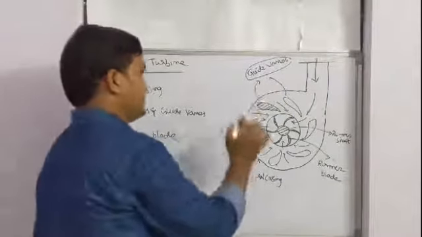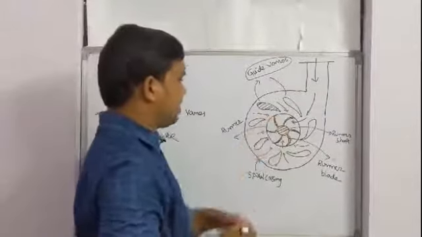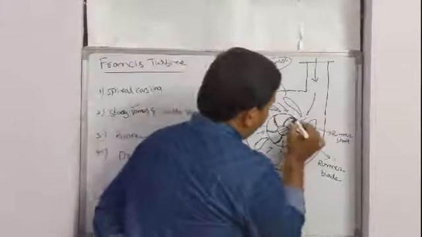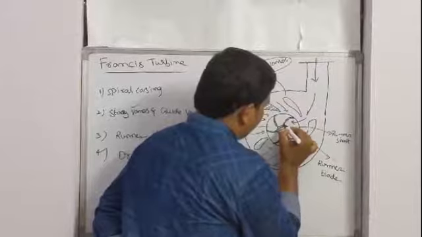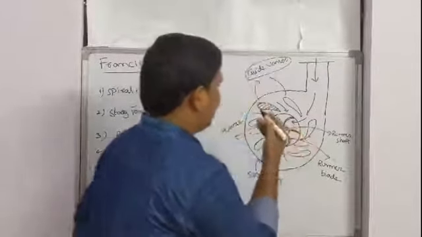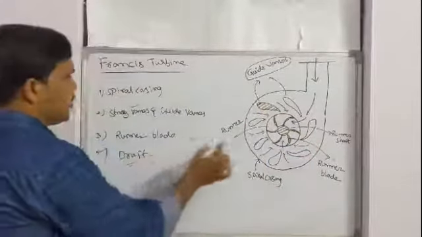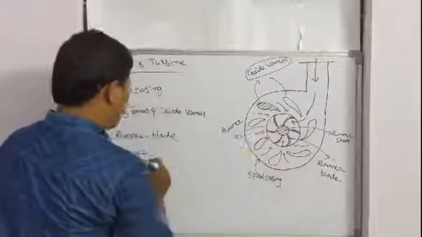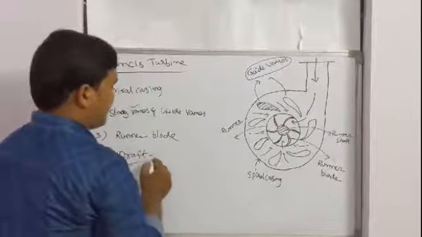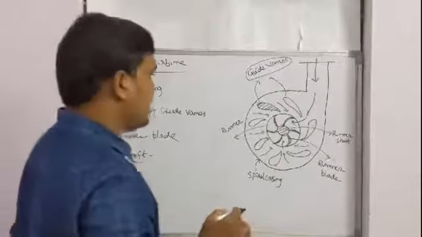So then the water enters the runner vanes at the outer periphery of the runner and leaves from the inner radius of the runner axially to the draft tube. So the water leaves the turbine casing axially into the draft tube at one end of the section, then it leaves at the other end of the section.